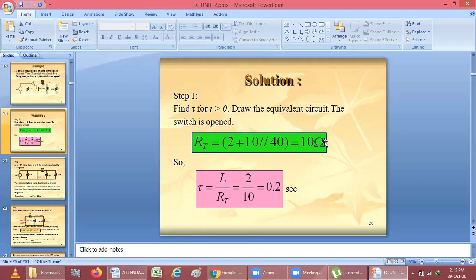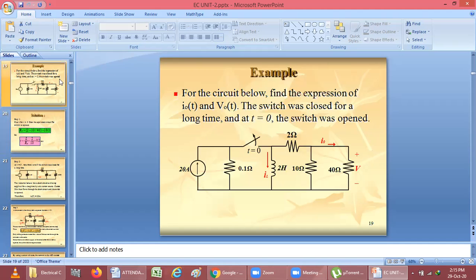Now our second step: we have calculated the total resistance, and now we have to derive the time constant. Actually, they have not mentioned in the question that you are supposed to calculate the time constant, but we are calculating it to make our equations of current and voltage easier, because in the current and voltage equations we have minus